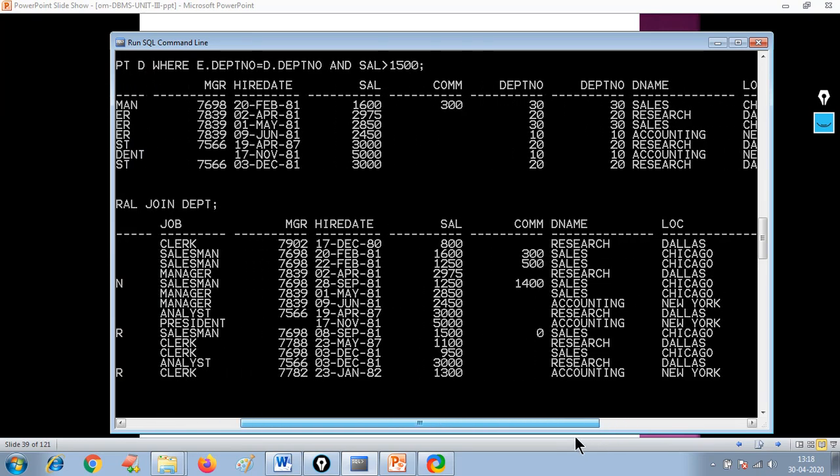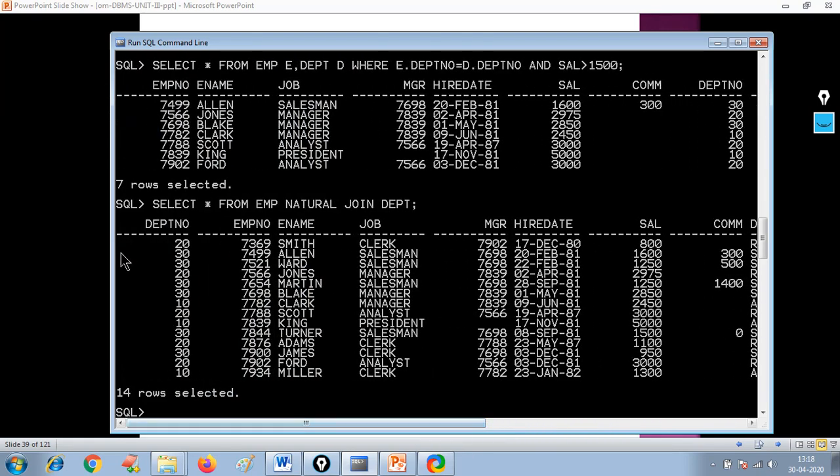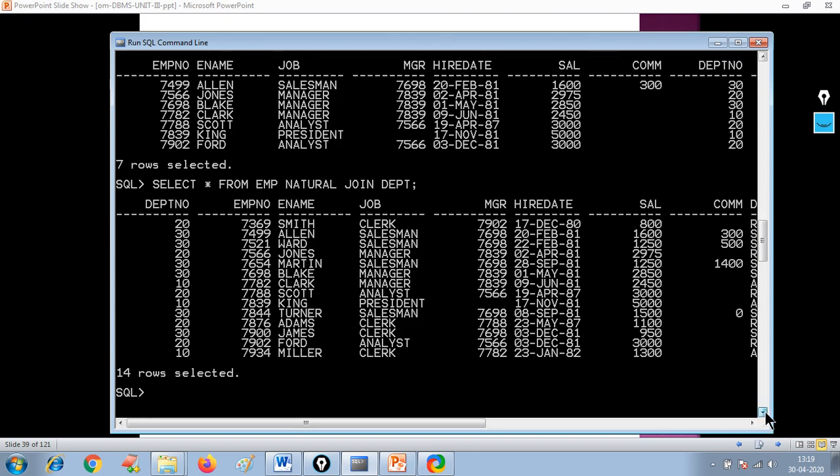The department number is shown here, and that is taken as a join condition because the name is the same. Only one copy of that department number column is displayed here. So this is the natural join, right? It gives you the same result, but the way of implementing it is different.